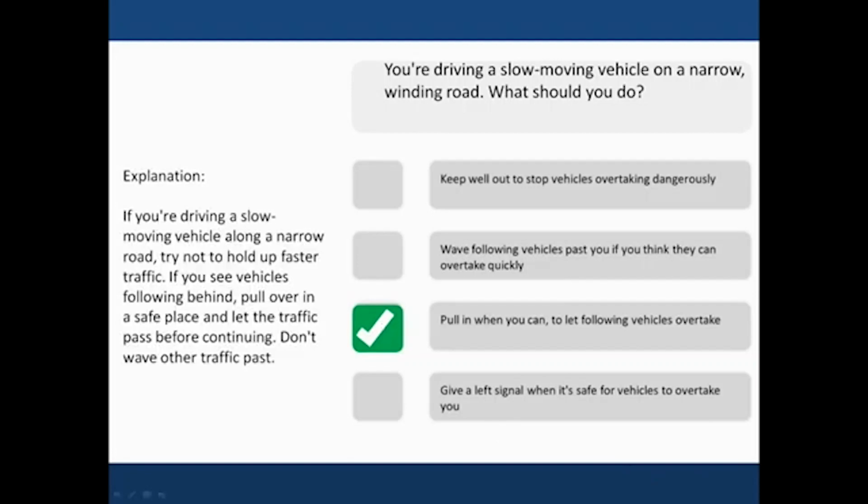Explanation. If you're driving a slow-moving vehicle along a narrow road, try not to hold up faster traffic. If you see vehicles following behind, pull over in a safe place and let the traffic pass before continuing. Don't wave other traffic